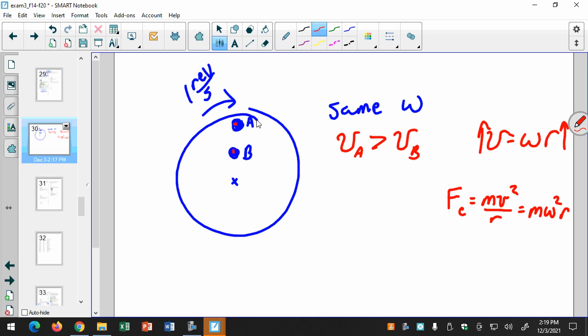So when I'm thinking about the centripetal force on a merry-go-round like this, if I look at this first equation, V and R are both different for points A and B. V is big at point A, R is big at point A. So it's hard to say what happens when you go from point A to point B with that equation because you have two things changing. But in the second equation, omega is constant and m is constant. So if R goes up, that means the centripetal force also goes up. So that is to say that Fc at point A is bigger than Fc at point B, which you would sort of expect that an object moving